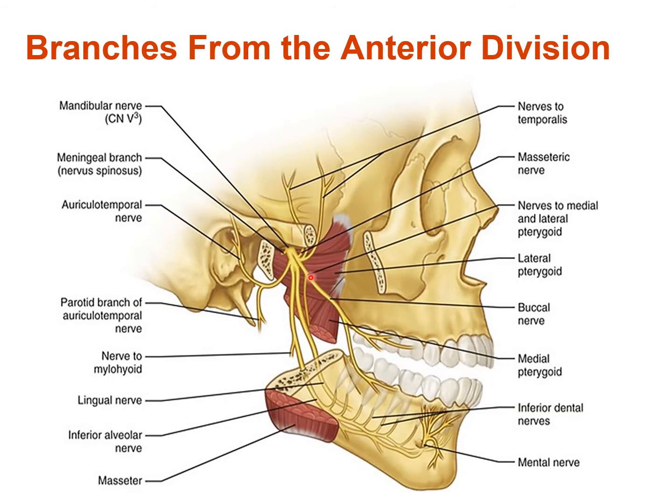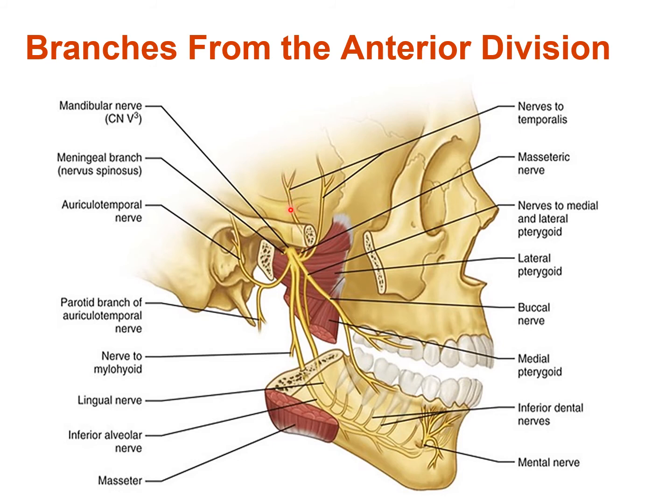So the anterior division of mandibular nerve, this is the anterior division. It gives 3 motor branches and 1 sensory branch. The masseter muscle is supplied by the masseteric nerve. This is the masseteric nerve. It passes laterally over the lateral pterygoid muscle. This is the lateral pterygoid muscle. The masseteric nerve passes laterally above the lateral pterygoid, behind the tendon of temporalis and in front of temporomandibular joint. It emerges through the mandibular notch and it thus supplies the masseter muscle.